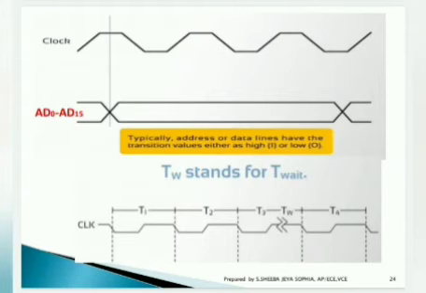What does this TW mean? T wait is the waiting time of the processor. That is, if you are getting any interrupt or any other application, you need to complete that while your application is under the main process. It means you have to pause your main application for some time and complete the subprogram which came as the interrupt. After that you will resume back to the main program. This is referred to as TW, the waiting state, how much time is taken for waiting, it is referred to as T wait.